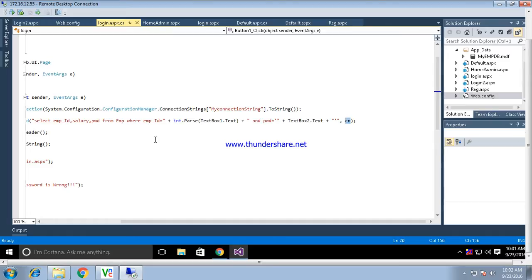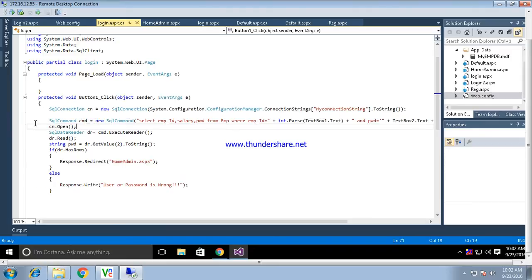Generally this command class tells which query you want to execute on the specific database, and you may have more than one database within your website. So the object of the connection class will specify the unique database on which you want to work, or on which you want to access the data.